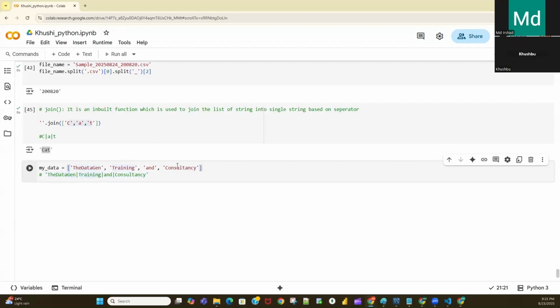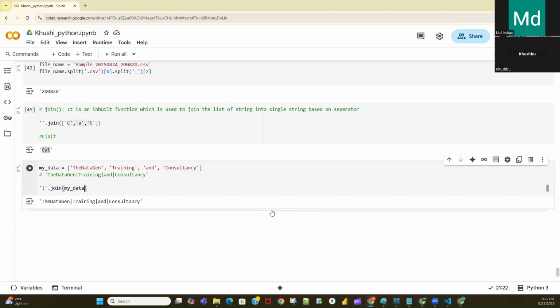If you see, this is the list. Inside this list, each word is a string. So I need to join these together, and each word will be separated by the pipe symbol. So while performing the join, I will give the pipe symbol, then dot join, and here you need to pass my data and execute. Your data will look like this.